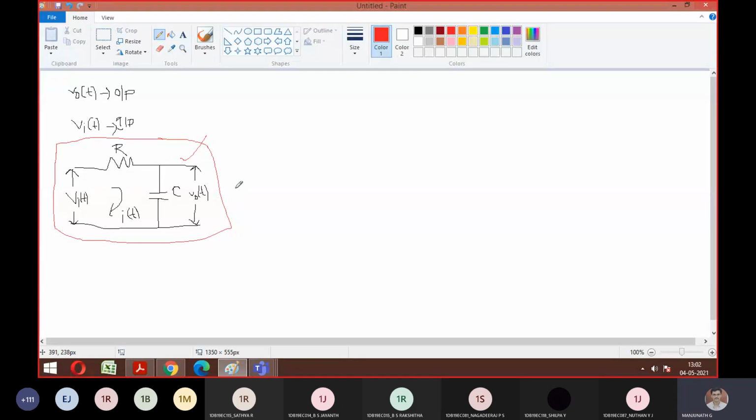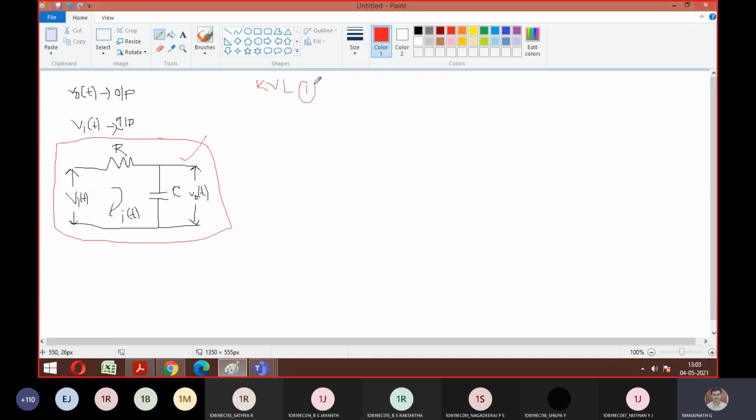Okay. So now, whenever an electrical network is given, what do we have to do here? We need to write an equation, then only I can apply my Laplace. Correct? Which analysis will you do, mesh analysis or nodal analysis? Mesh analysis, sir. Good. So apply KVL for mesh 1.